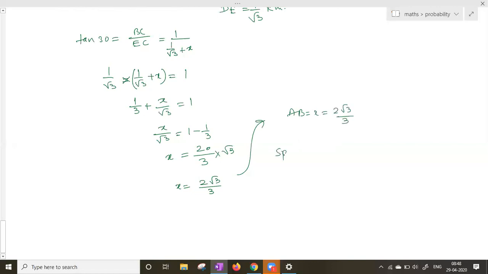And now we have to calculate speed. Speed is equal to distance by time. Distance is 2 root 3 by 3 kilometers. This we got in kilometers. And then time is needed in hours because they have speed in kilometer per hour. So time is 10 seconds. Converting into hours will be,